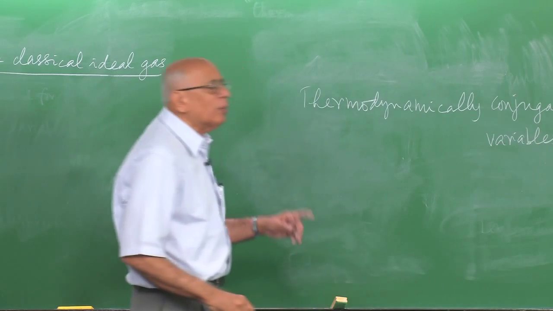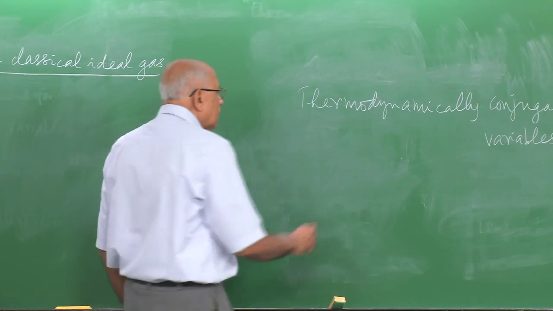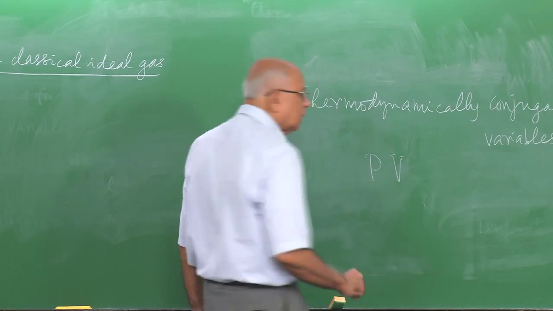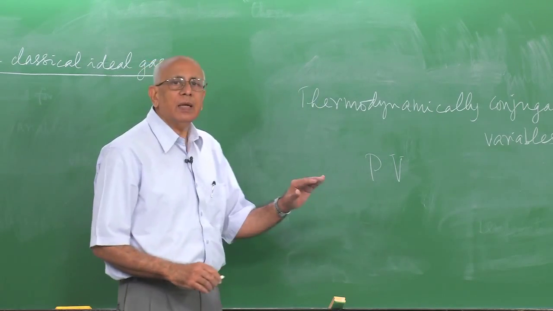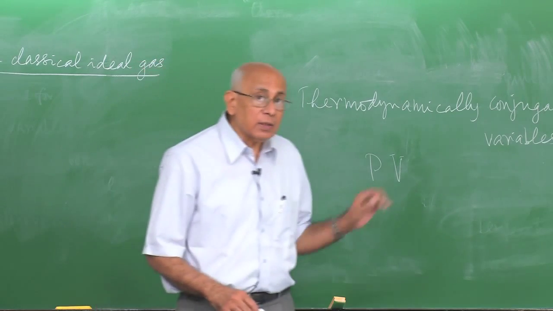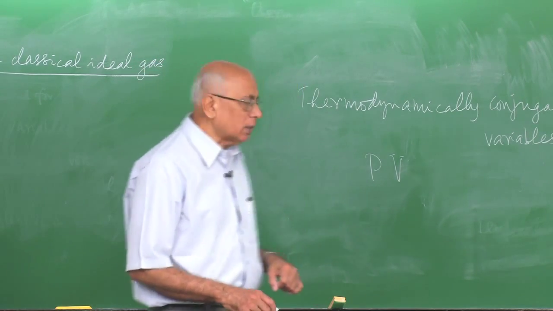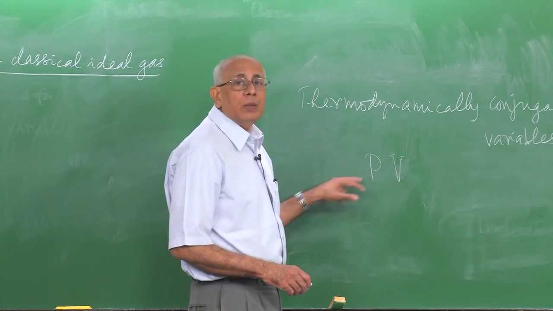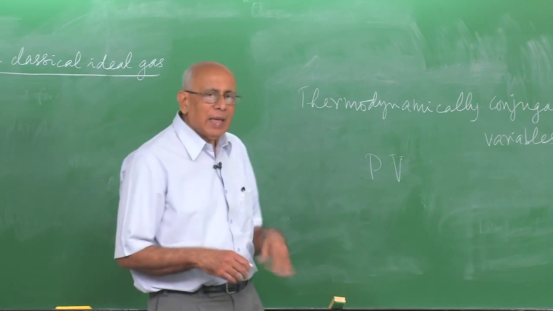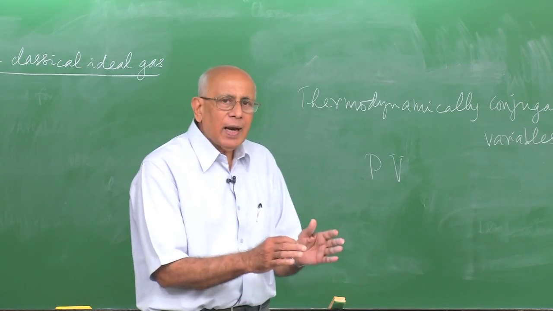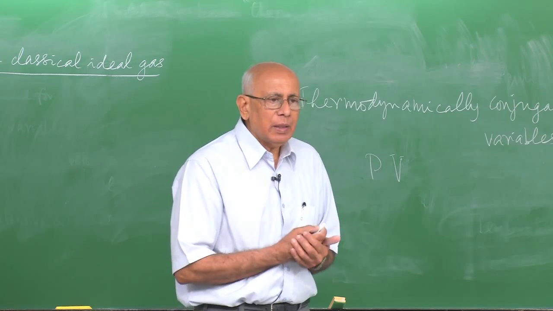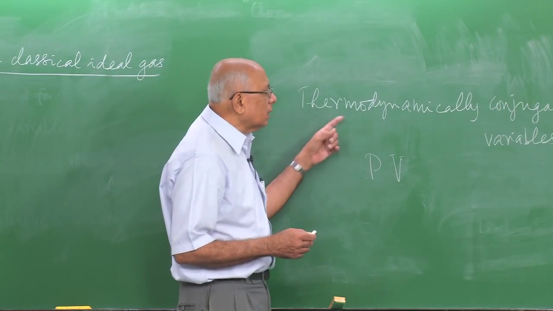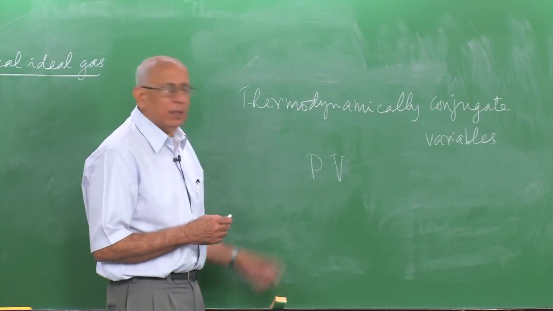variables. And the most common of them all is the pressure, which is an intensive variable, multiplied by the volume of the system, which is an extensive variable, has the physical dimensions of an energy, and in fact is related to the internal energy of the system. So, these form a thermodynamically conjugate pair, very like in mechanics a coordinate and the corresponding component of the momentum form a conjugate pair in a very specific sense. Here, in a somewhat different sense, these form thermodynamically conjugate variables.